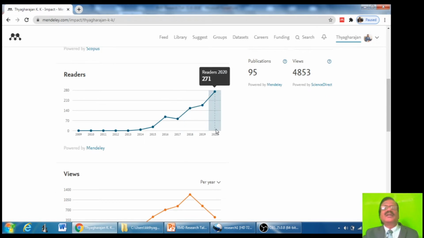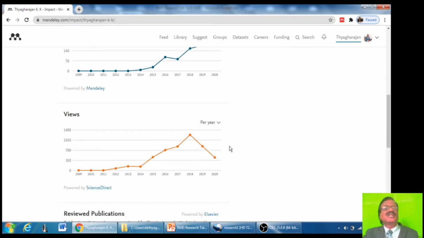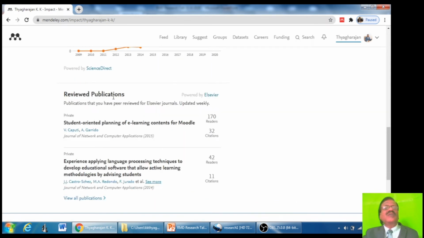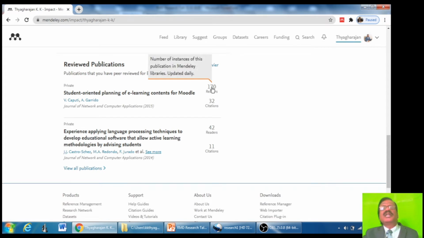Then readers in 2020, how many persons have read your papers, all those details are given here. Then if you have reviewed publications or papers in the journals, those details will also be given. How many readers there are, how many citations they have got.